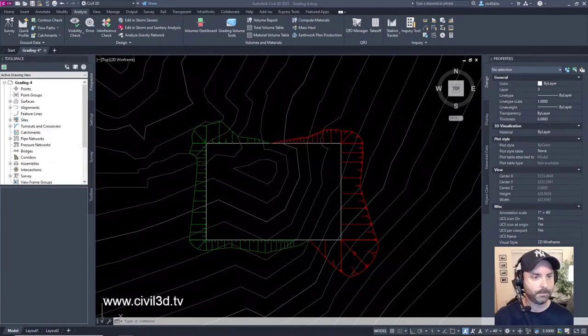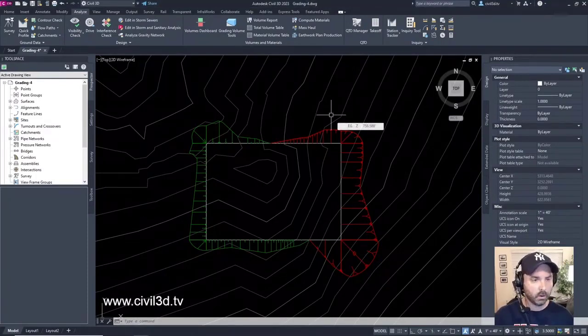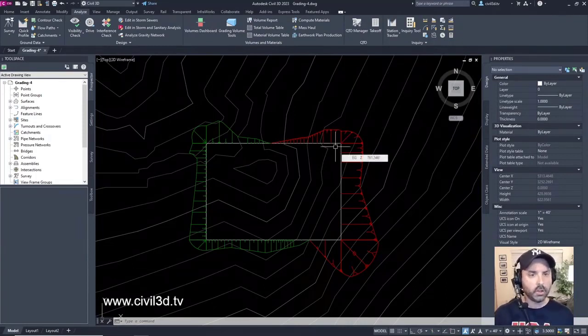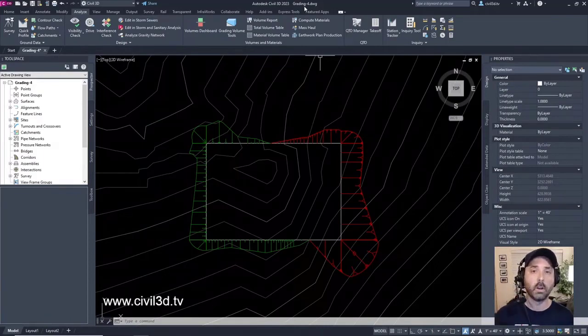Editing gradings. In this exercise, you'll edit the elevation of a graded baseline, which is this white line right here. It's basically a feature line. The grading adjusts to reflect the grading change. So we'll go ahead and open up the grading-4 drawing, which is located in your tutorials folder that's already installed with your current installation of Civil 3D. That's where you can find it, in a help folder within your installation files. This drawing contains a rectangular building pad, as I said before.